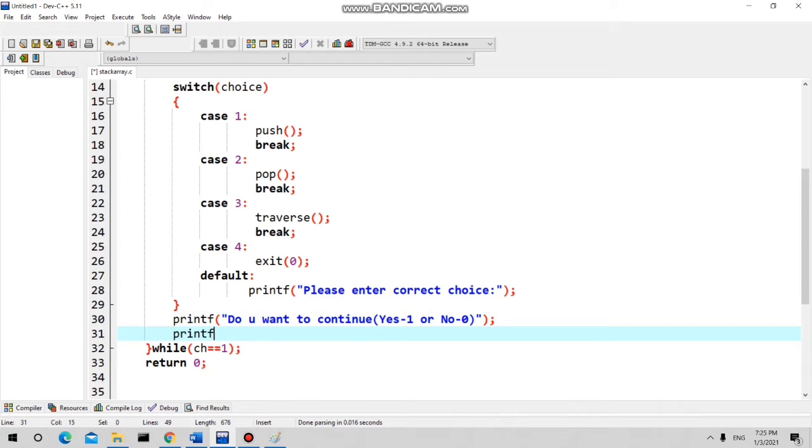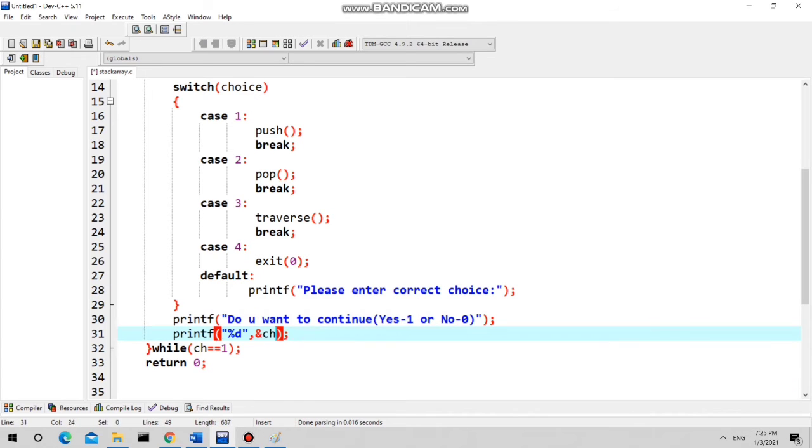So you need to ask to enter these two options, either 1 or 0. If he presses 1, then you can continue the same operation. If he entered 0, then you can stop these operations, or you don't display these operations. Getting? So %d and ch.